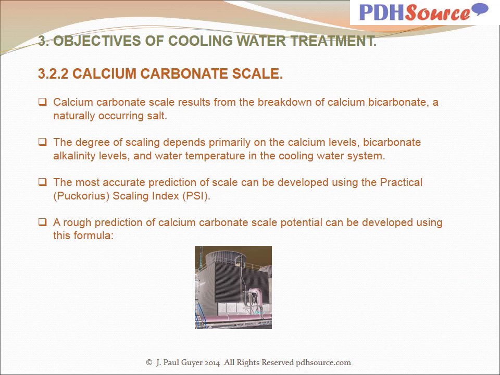With regard to calcium carbonate scale, it results from the breakdown of calcium bicarbonate, a naturally occurring salt. The degree of scaling depends primarily on the calcium levels, bicarbonate alkalinity levels, and water temperature in the cooling water system. The most accurate prediction of scale can be developed using the practical Puckorius scaling index, abbreviated PSI, not to be confused with pounds per square inch. A rough prediction of calcium carbonate scale potential can be developed using this formula,